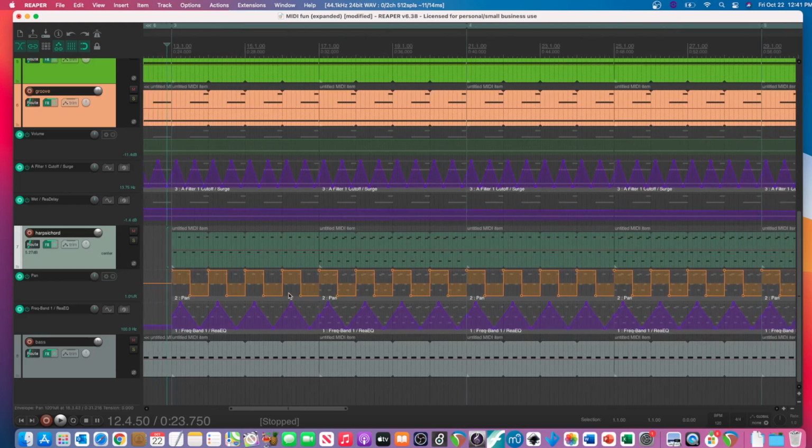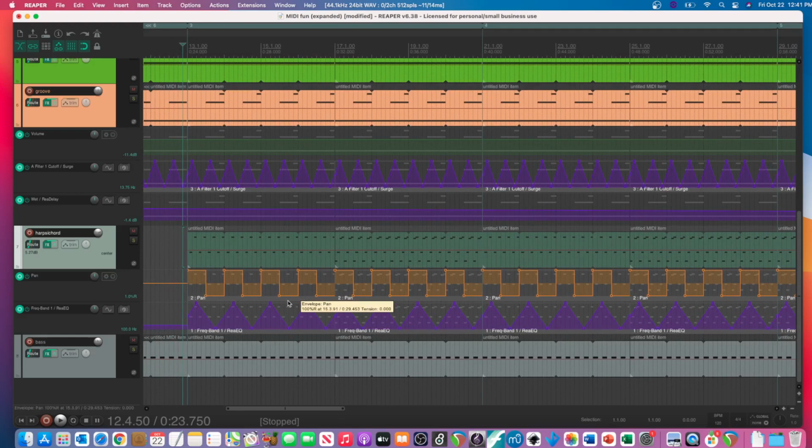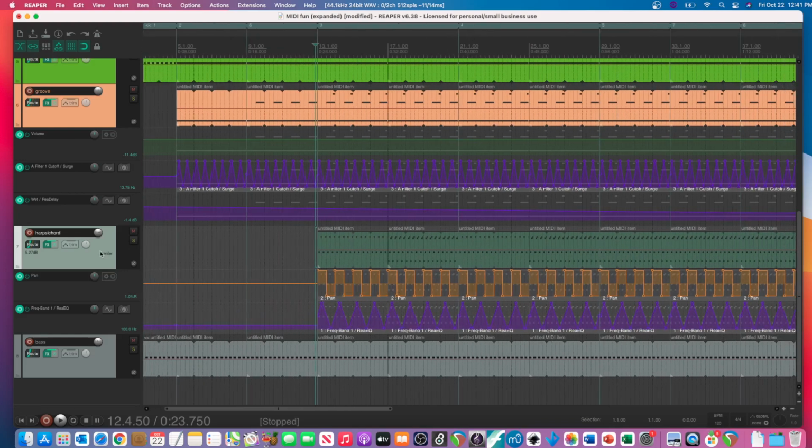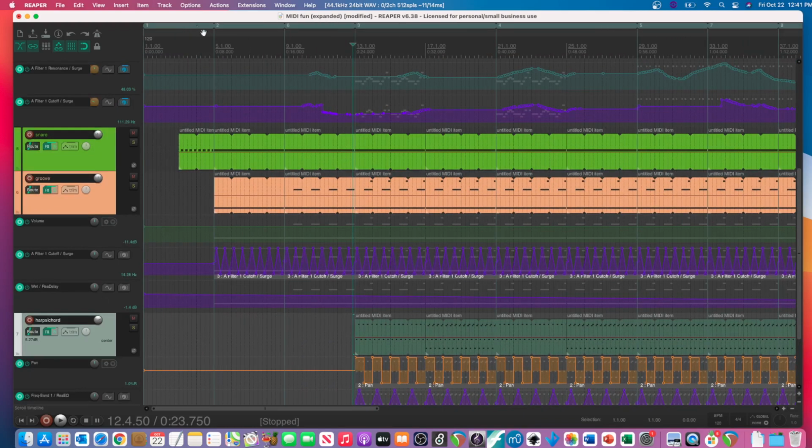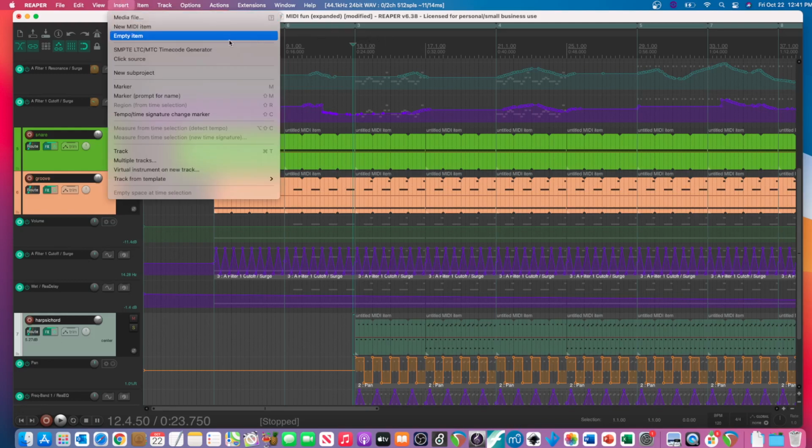Now, the great thing with automation items is that you can copy and paste them and things like that. Now, another thing that I did, which was fun, or not fun, but useful, is once I had some ideas going, I created regions. And if you remember, you can select a segment and then do,